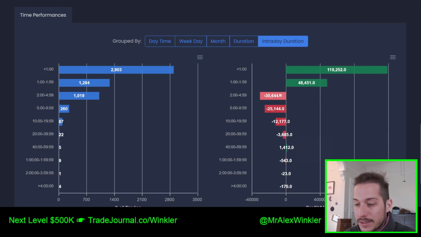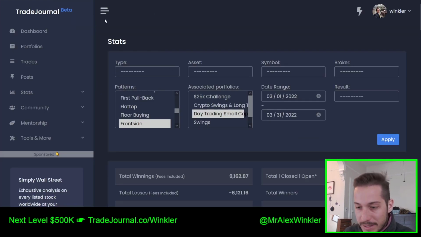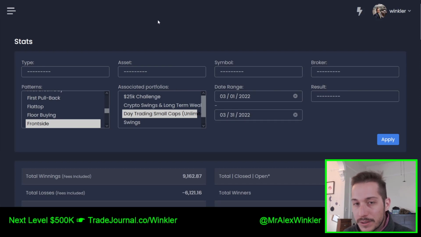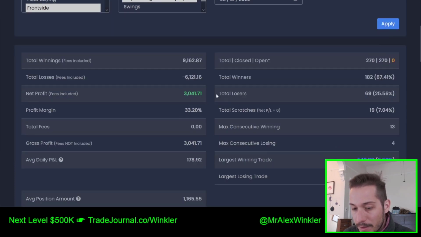I think a lot of this comes from backside trading or range trading. And that actually leads me into this next segment here. What I've really stopped doing is backside and ranging. So net profit last month wasn't that much. It was $3,000,